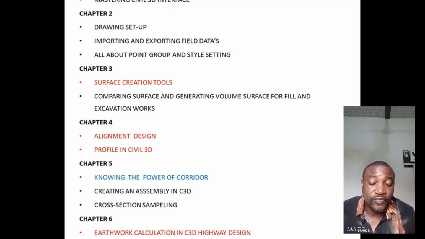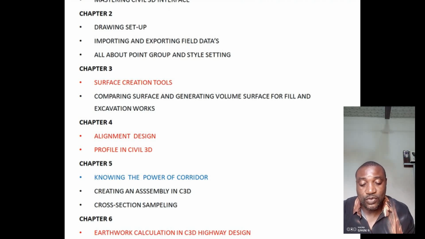So many things are involved, even poles, electric poles. It will show positions for the electric poles, where there are underground cables and pipes. The styles will enable you to see these items and as well enable you to get a proper design as you go through. But again, we go to chapter 3, where we're talking about surface creation tools,